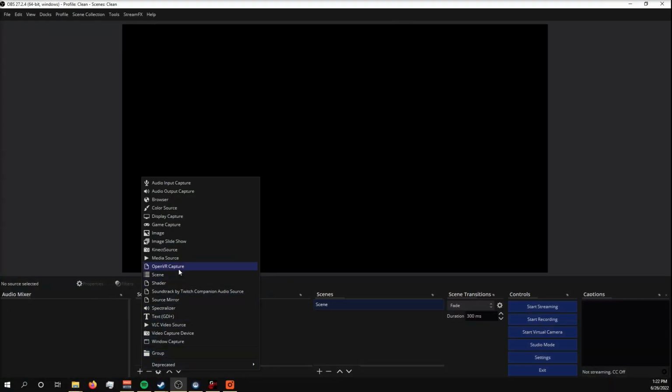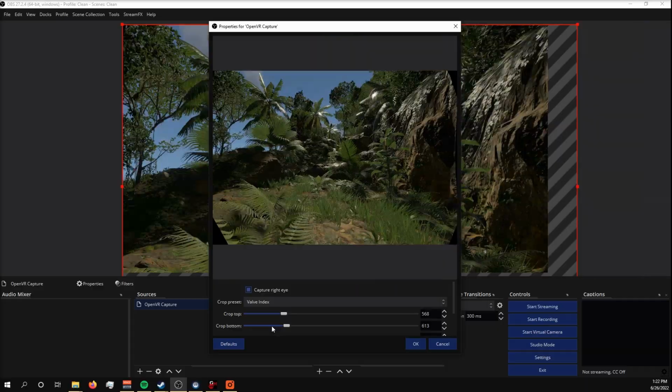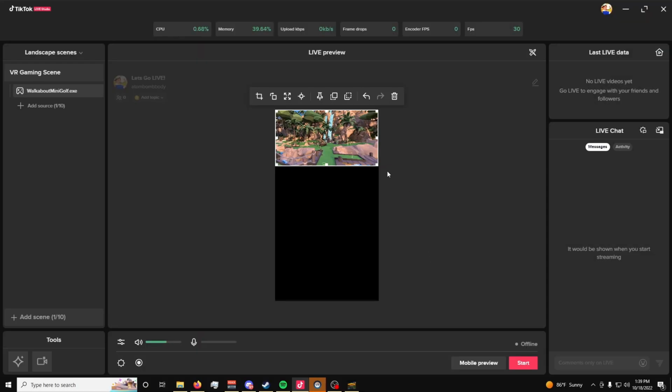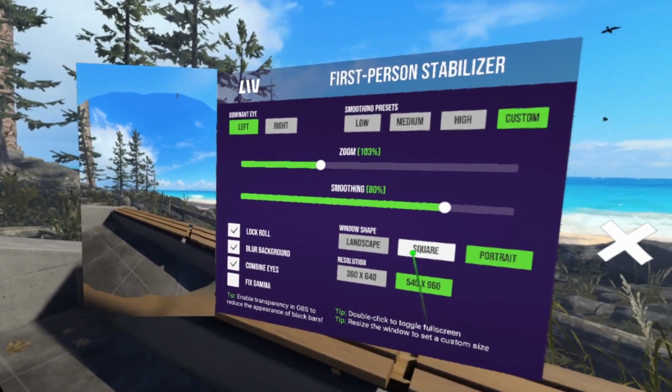Now, a couple of tips specifically for you VR streamers pertaining to field of view, layouts, and reading your TikTok chat in your headset. First, note that if you're used to using OBS and you use the OpenVR Capture plugin to capture your headset view, unfortunately for now that's not an option in TikTok Studio, so you're going to have to just use the game capture to capture the game's exe directly, or my preferred choice, using the LIV first-person